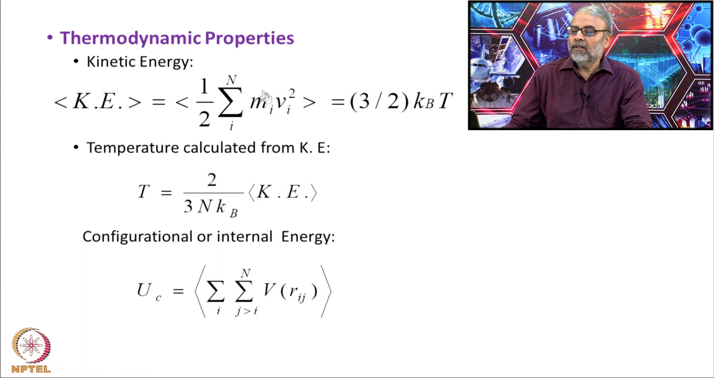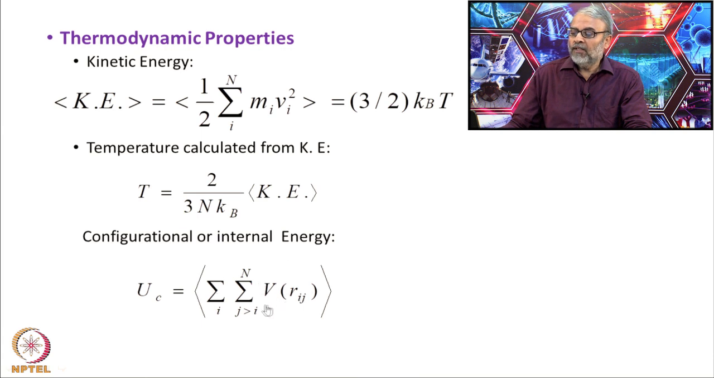So, this is how I calculate the temperature for every step in my simulation. Similarly, how do I calculate the internal energy? Remember, all my particles are interacting with one another. So, if I calculate the total interaction energy between all the particles, this is i and j summed over all the particles,